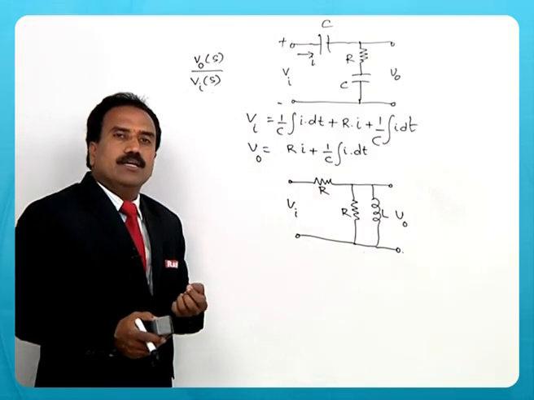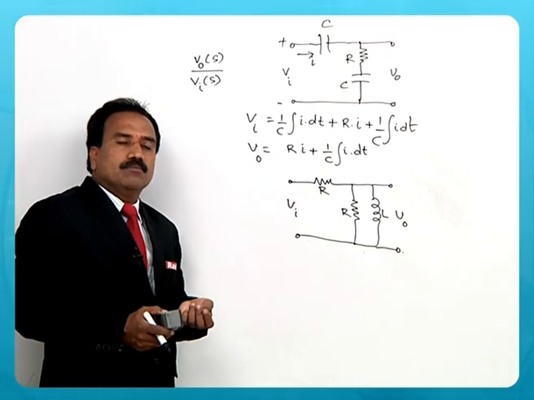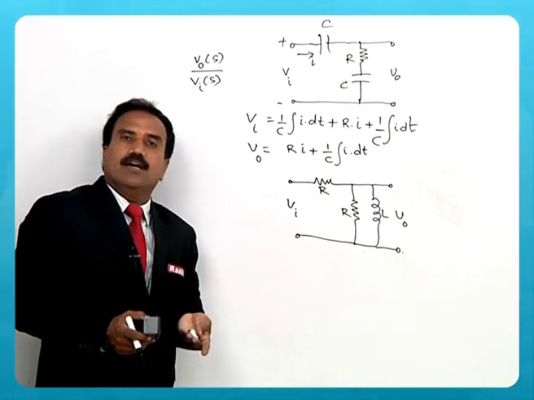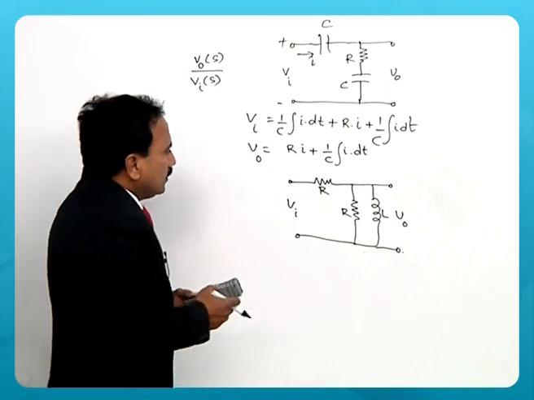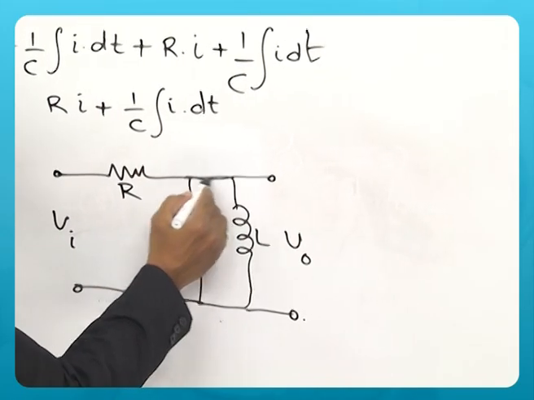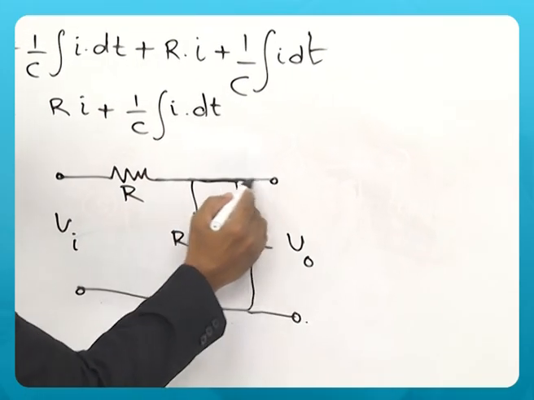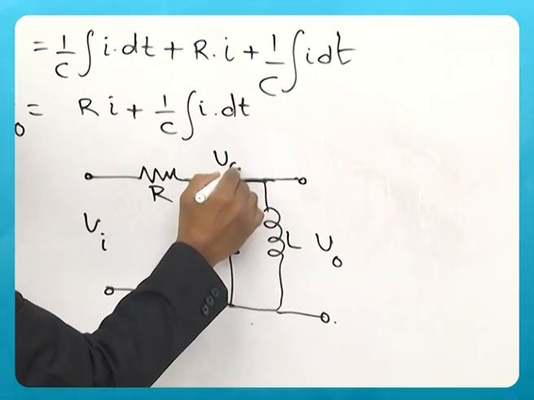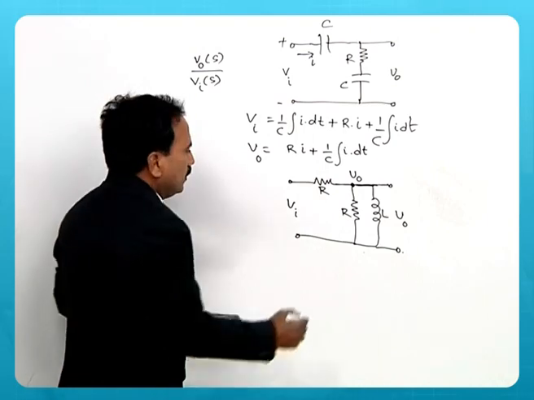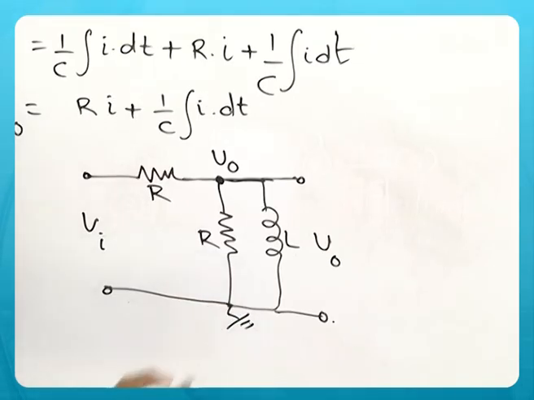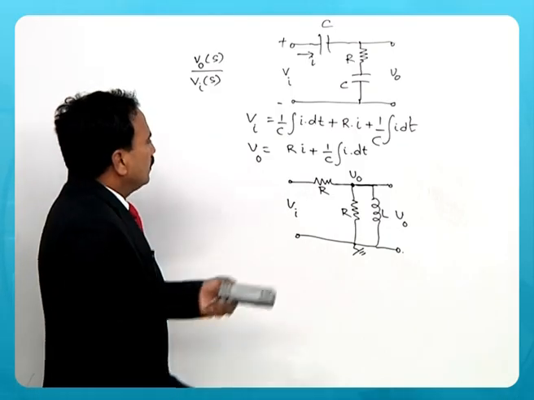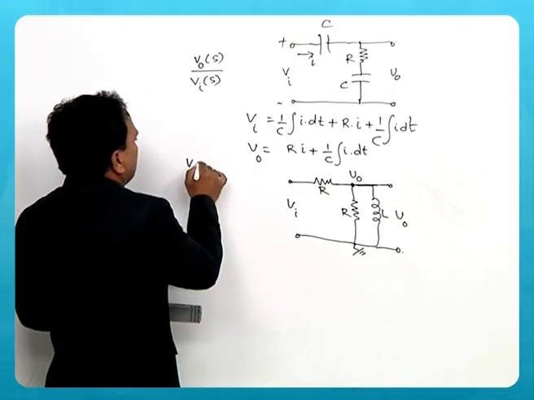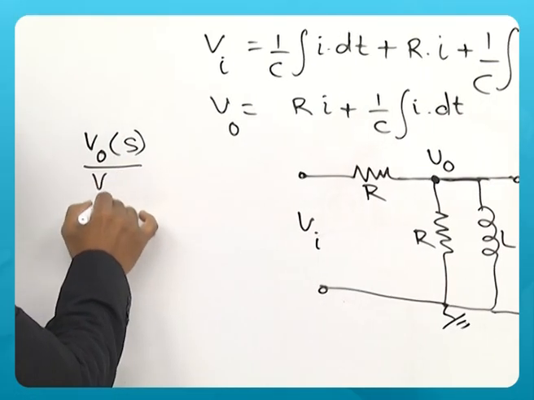I will not apply Kirchhoff's voltage law here, but I will try to use Kirchhoff's current law. The potential here, you know it is a common node, so the potential here is the same as V naught, with respect to ground. Suppose you are asked for V0 of s by Vi of s,